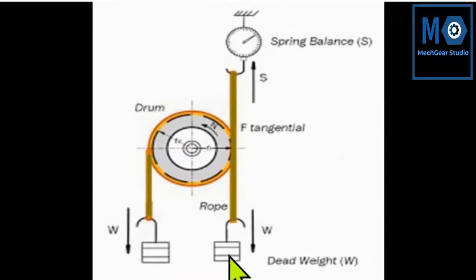This is the arrangement of the dynamometer. A dynamometer is used for measuring the torque, which depends on the radius of the flywheel. We have wrapped a belt on the periphery of the flywheel, and we have provided two masses on both the ends. One end of the belt is connected with a spring balance, so whatever downward force is acting will be measured here.